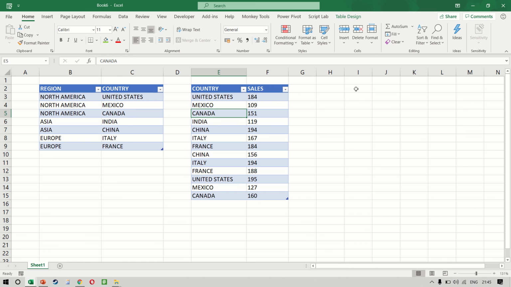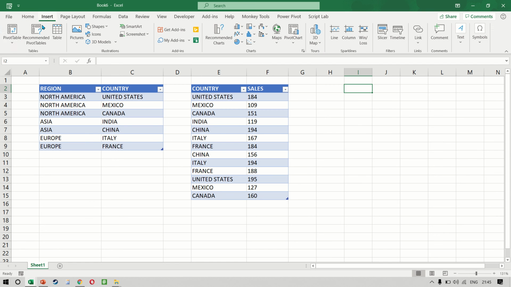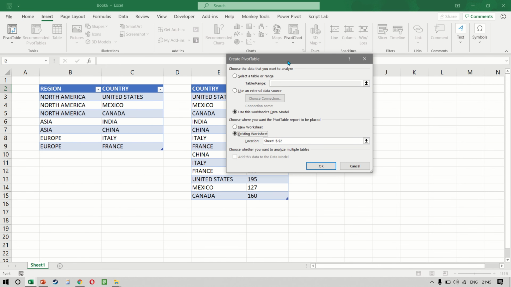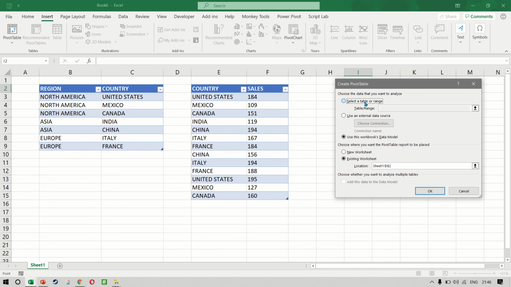The model will only come when you explicitly tell pivot table that you want the data to be put into the model, which means when we select and insert pivot table, at the bottom of this dialog box, you notice it says add this data to the data model, right? So what I'm doing is I'm selecting my table.